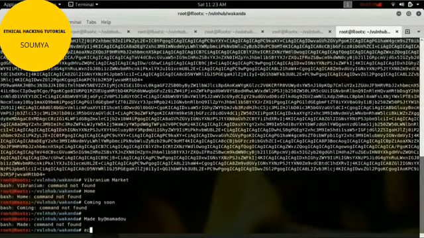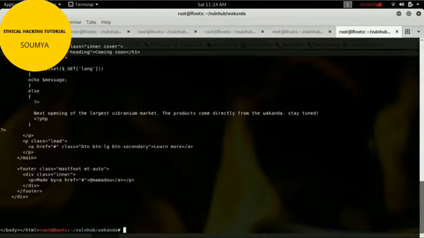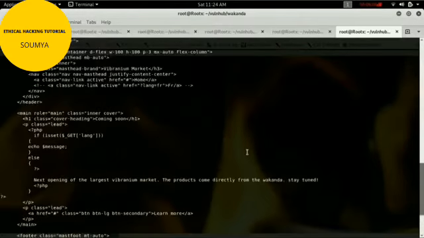Echo. What happens? Not good. Okay, yeah, this is the code, and pipe to base64 -d for decode. Yeah, we got the index.php file.